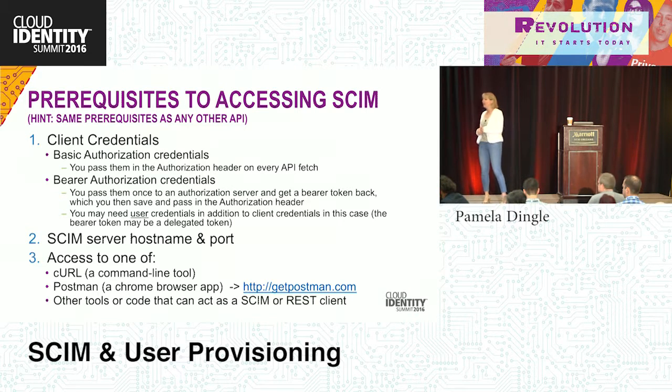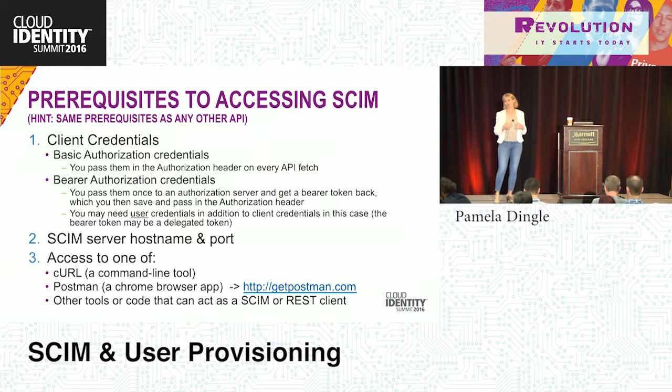Bearer authorization credentials are also very simple, but they're kind of scary when you're getting started. All a bearer credential means is that instead of collecting a credential and passing it to your API, and the API validates that, we pass it to an authorization server. That authorization server validates the credential one time and gives us back a token, usually called an access token, that you then include in the header. So instead of a username and password every single time, you send a username and password to the authorization server, you get a token back, and then you can make 1,000 calls to your REST API using that authorization header.